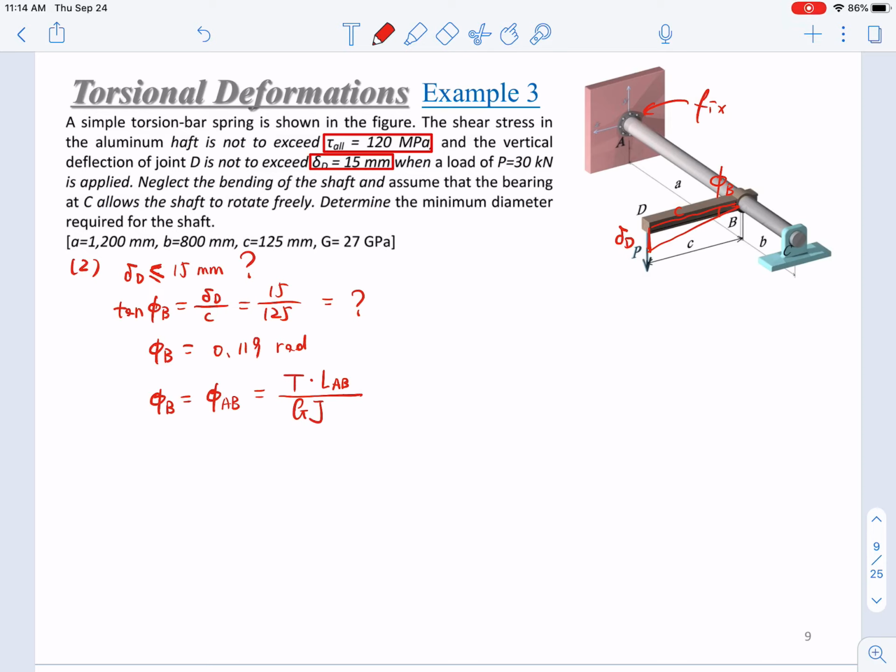So we have to use this length, this LAB or a. LAB just equals a, right? That is 1,200. That is from A to B, not the whole length, right? Not the whole length from A to C. To be clear about this, then here will be